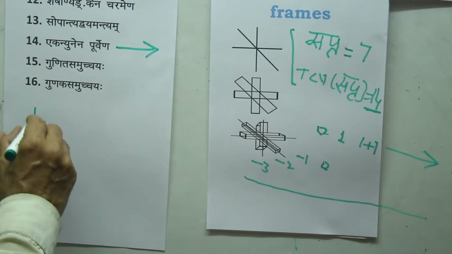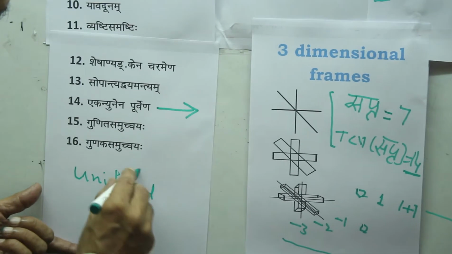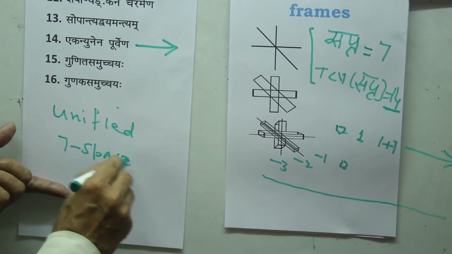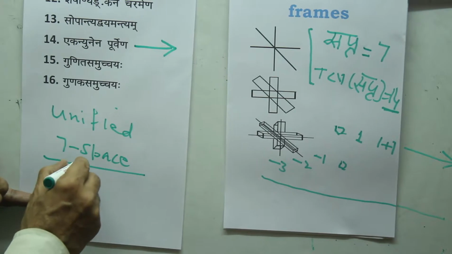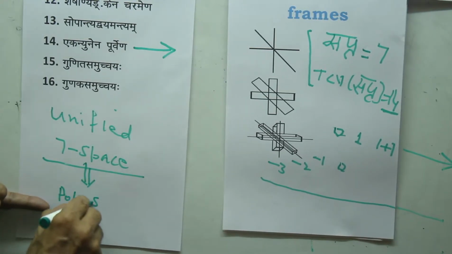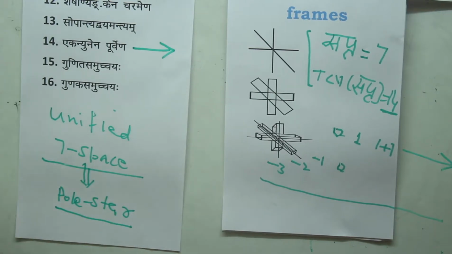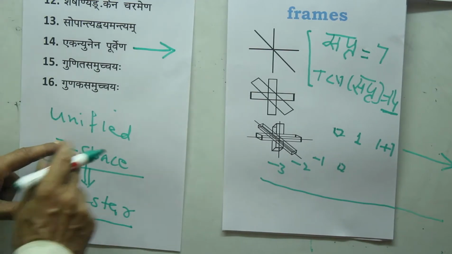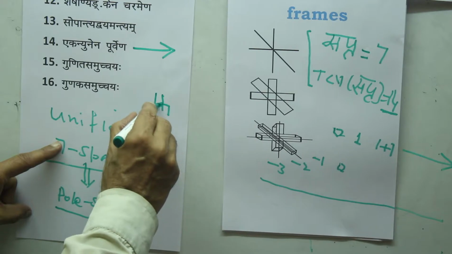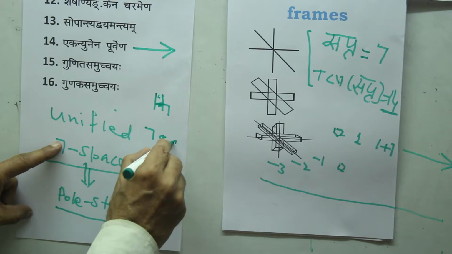We know that unified format means 7-space format. This 7-space format is designated as a unified format. And we also know that 7-space is a format of a pole star. Pole star is the origin of 6-space, our solar universe. And we know that hypercube 7 is a fourfold manifestation layer which gives us the values 7, 8, 9 and 10,